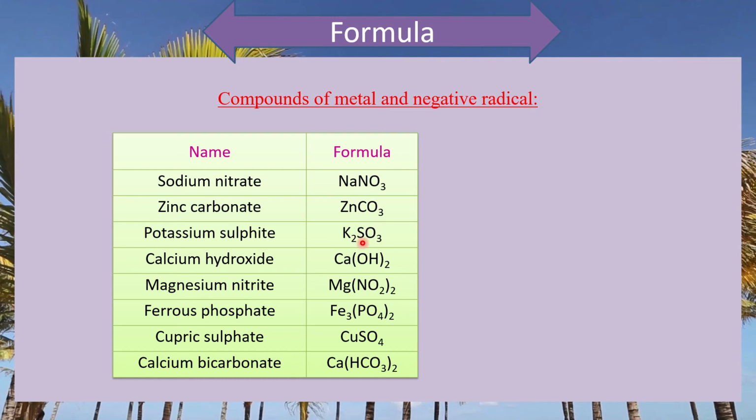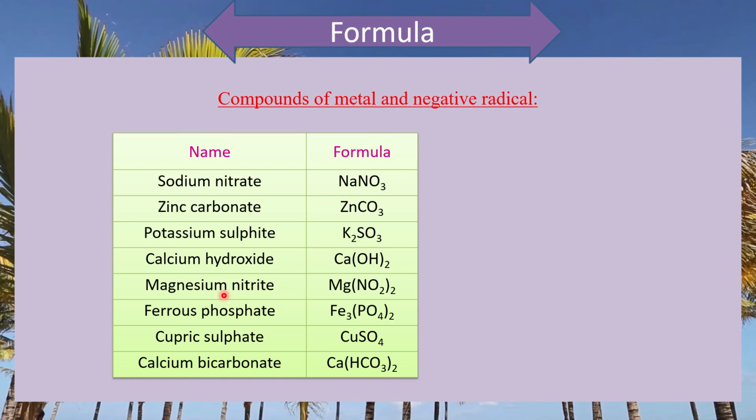SO3 is the formula of the sulfite radical. Its valency is 2, so 2 is written here. The valency of potassium is 1, so no need to write any valency here. Calcium hydroxide. Here the valency of calcium is 2 and the hydroxyl radical will be written as hydroxide. Ca(OH)2. Dear students, look, when you write the valency for the radical, then you will use a bracket. Here the valency of calcium is 2, so after the bracket there will be